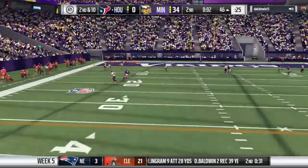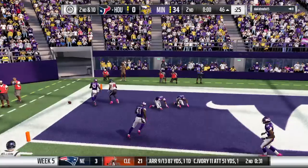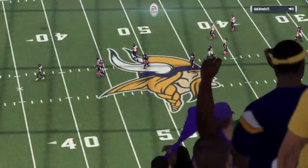To throw, it's Wentz. He's going to go up top again. And that is incomplete. So we've reached